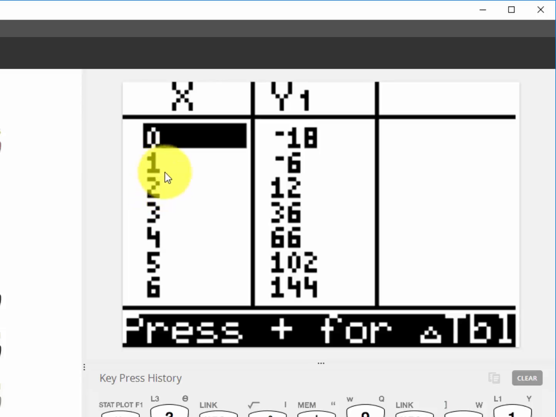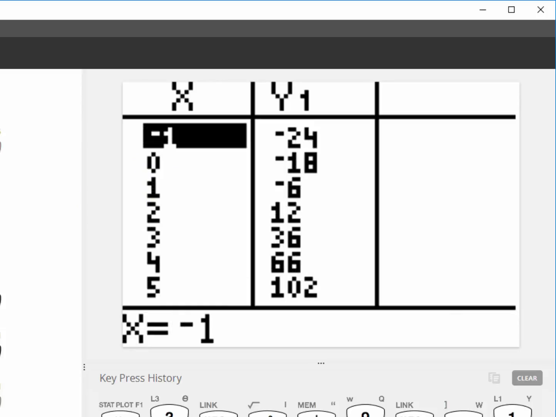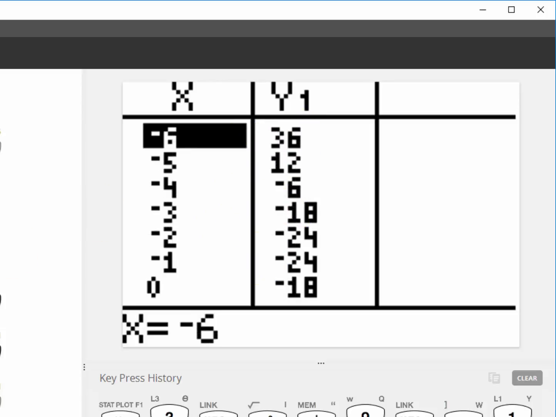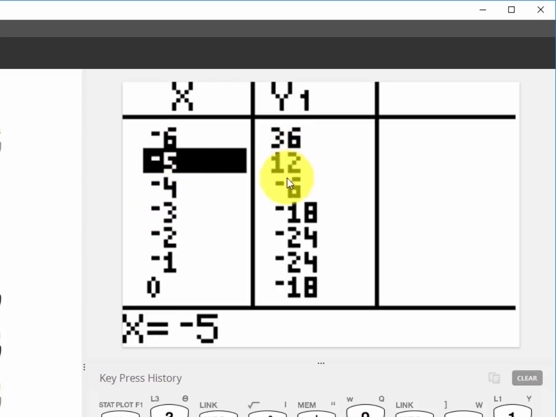So somewhere between 1 and 2 is an x-intercept. Here we have all negative numbers, and when we get to -5 we have a positive number, so it crossed the x-axis again. So now we know there's an x-intercept in between -4 and -5,